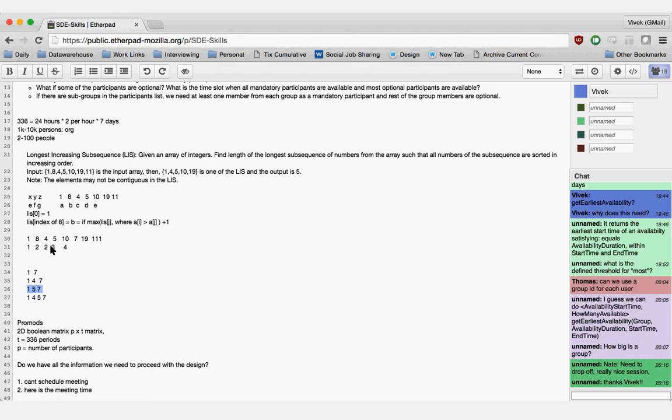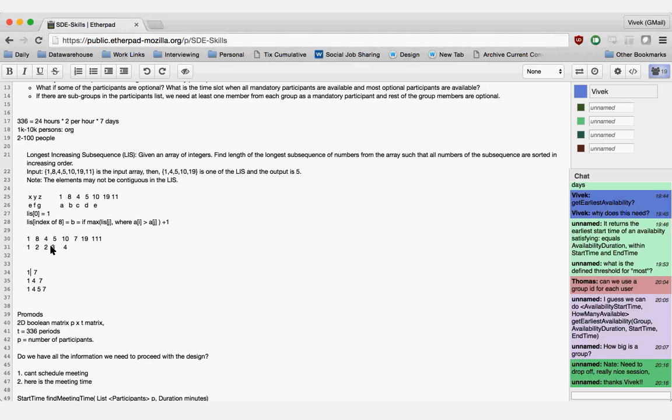I have a question. This is Gaurav. Why didn't we consider 1, 8, 10, 19, and 1, 11? No, we are still at 7. We have not gone there yet. The question now is what is the largest subsequence that ends at 7. We'll fill the whole matrix. Good question, we'll come to that in a minute.